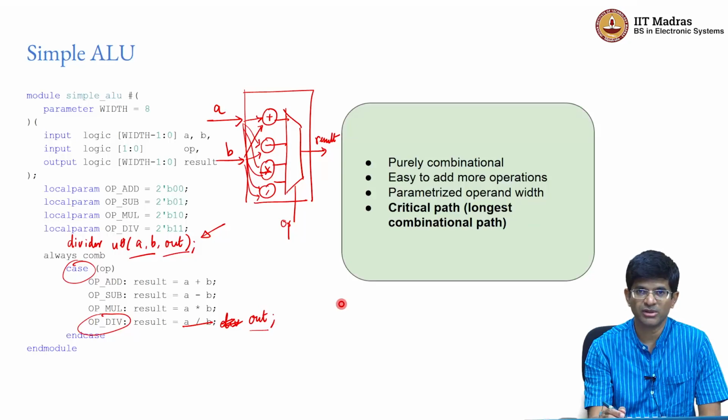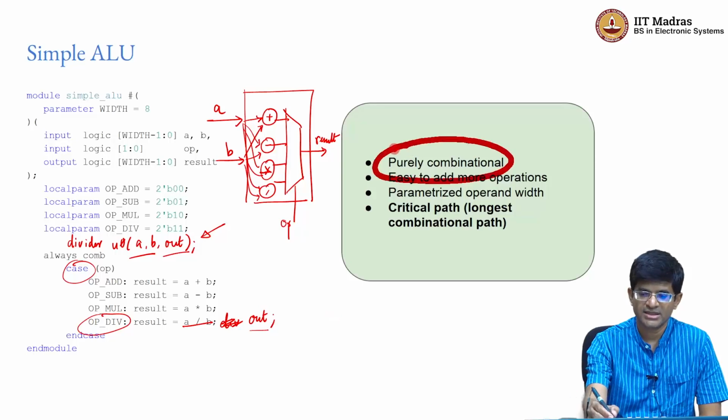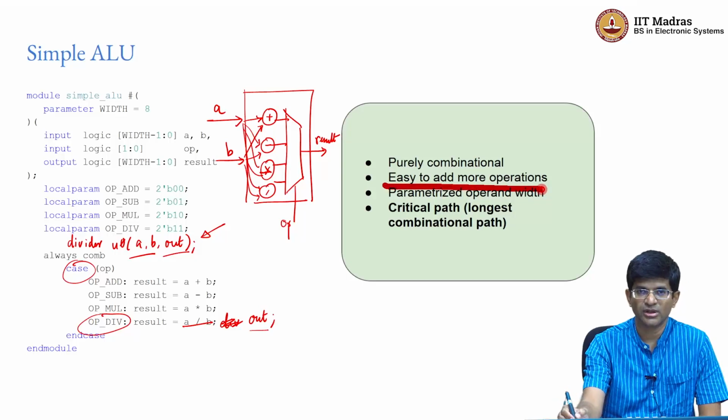All of those are usually performed in the ALU, right. Anyway, the good thing is this ALU is purely combinational, at least as things stand right now. It's very easy to add more operations. So if I wanted, for example, to bring in the logical operations AND, OR, XOR, NOT, it would just mean